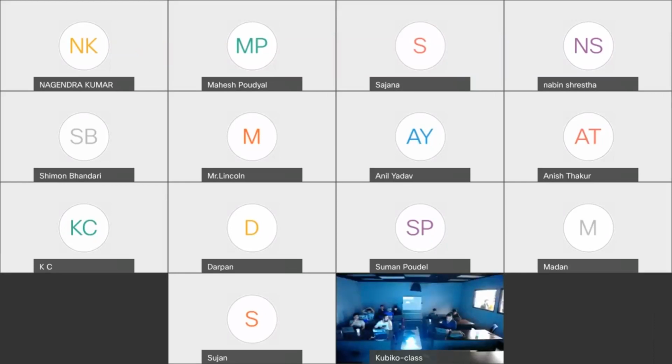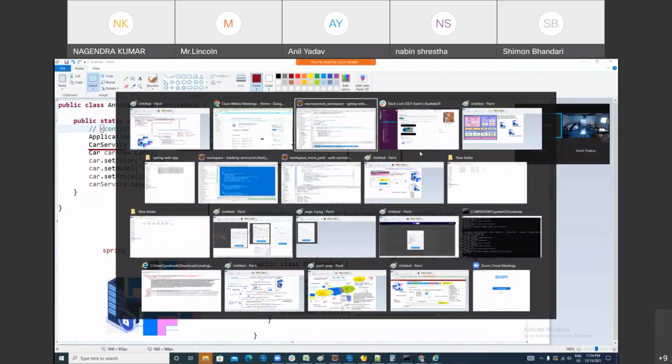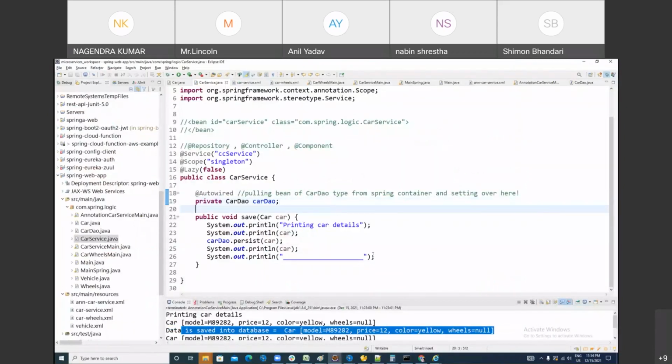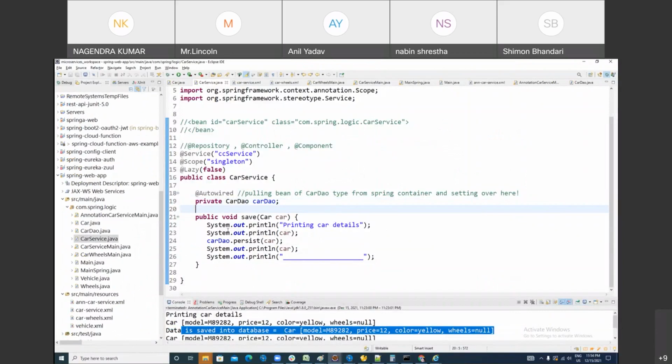Share. Done. Okay. So the agenda of this session is I'm going to show you how you can use the Spring JDBC module to save your data in a database using the Spring framework. You got my intention? Yeah. So in order to connect with a database using the Spring framework,